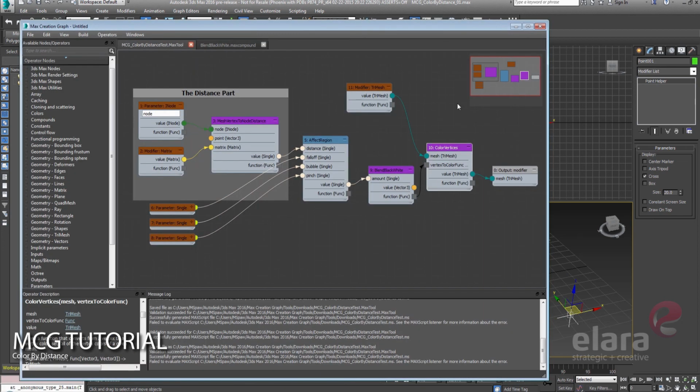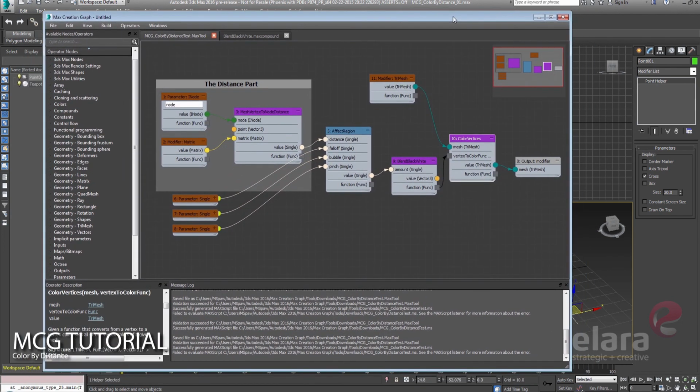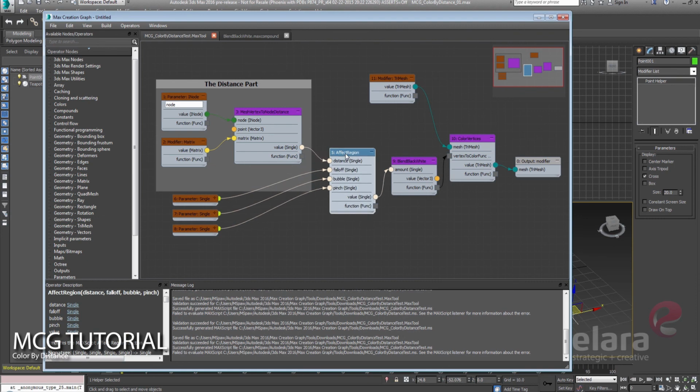So hopefully that gives you a little bit of an idea of an existing flow, kind of building it up from scratch. I think it's a really great idea to take some of the example flows that you see and dig into them, try to figure out what's going on under the hood, and then as practice, rebuild that from scratch, figure out what you understand about it, what things you might not understand. It's a really good way to start getting up to speed on what the MCG can do.